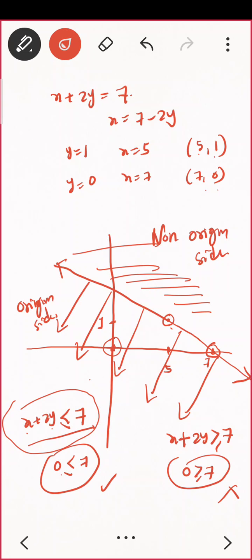Now there can also be cases where the origin side does not come at all, for example if your straight line is on this only, something like this. I'll give just one example. Is everything clear, whatever I just talked about? Yes. So if you have a straight line, it divides your plane into two parts. One will be the origin side, one will be the non-origin side. Mostly, in some cases, it is not true. Actually, I'll just tell you one example.